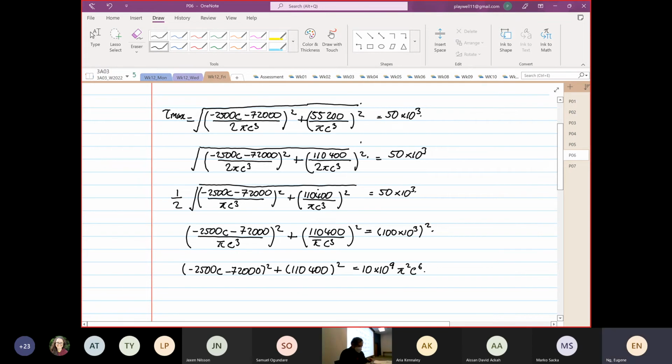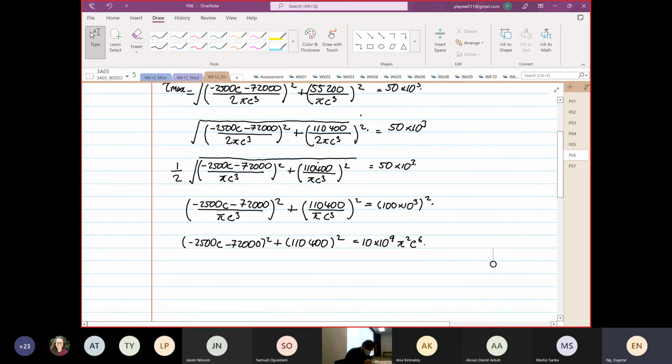Okay. And then when we expand it again, so this is minus 6.25 times 10 to the power 6 C. Then 2 times 2500 times 72,123 is equal to 360 times 10 to the power 6. Right? Then plus